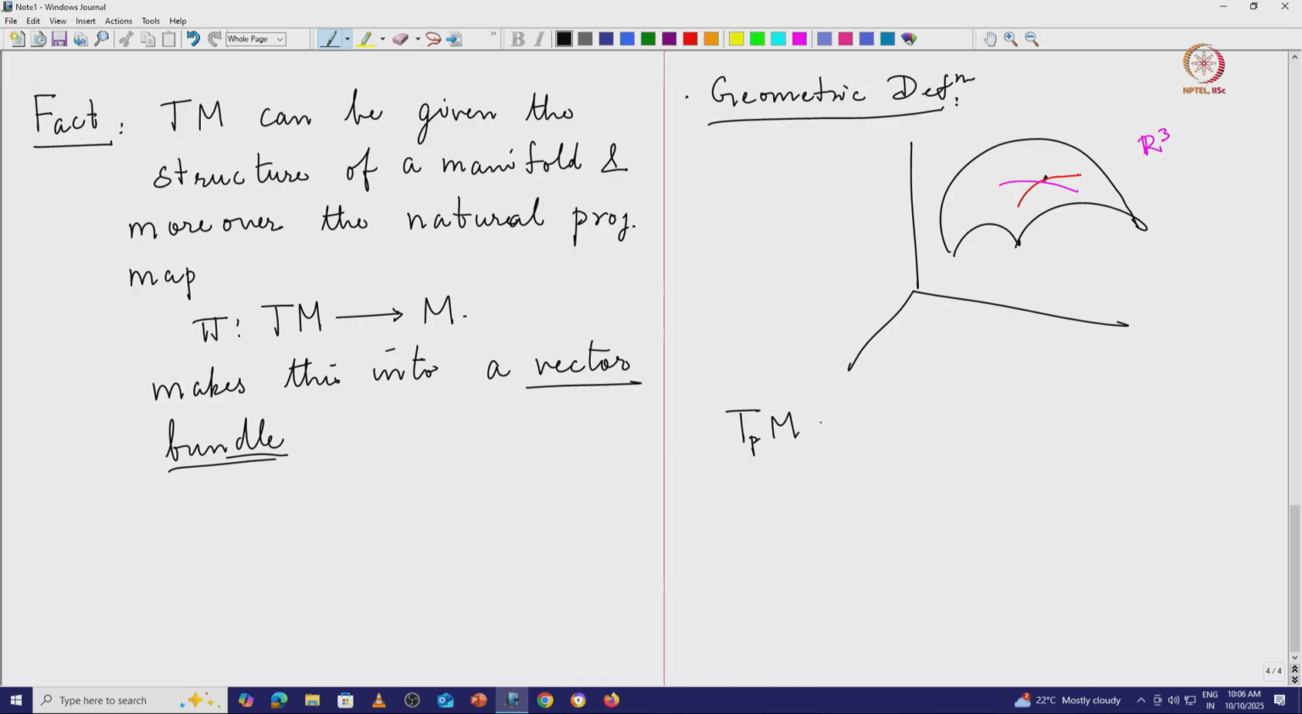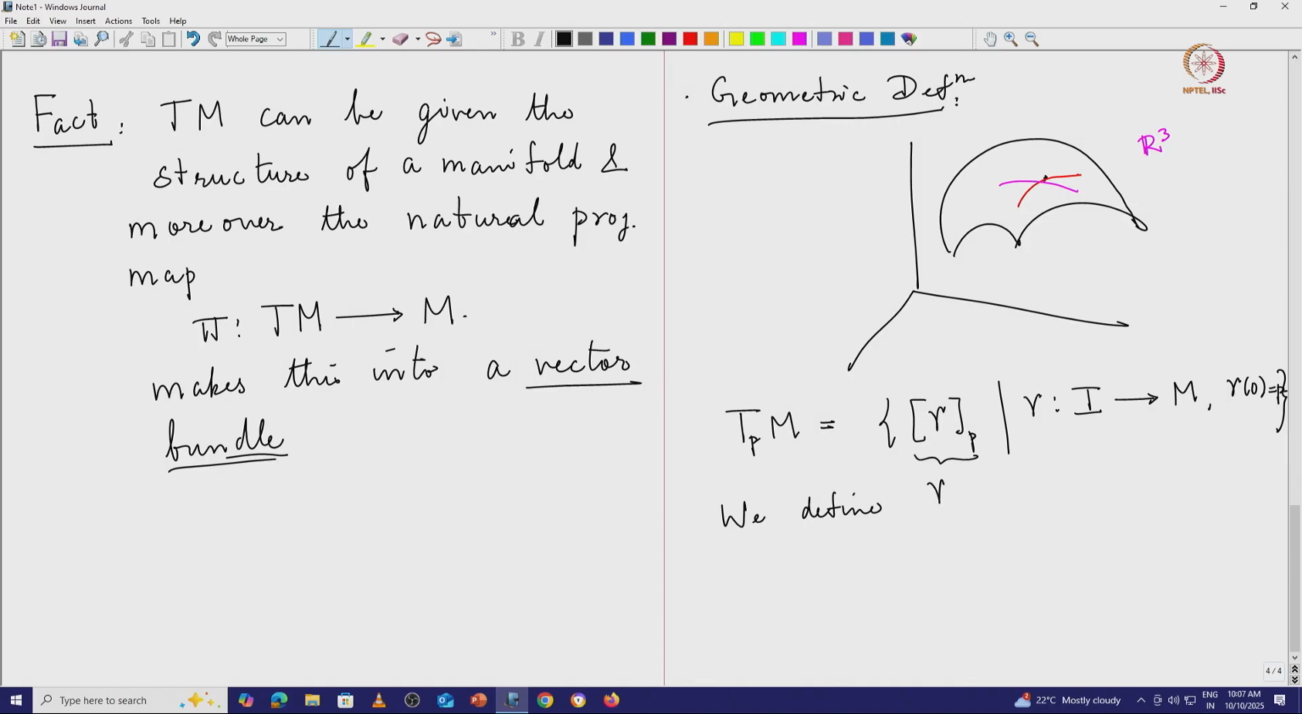So one can also define the tangent space to be the set of equivalence classes of curves, okay, where gamma is a curve on M. At 0 you get P. So this is a set of curves passing through P, but you also have to define an equivalence relation. So we define,